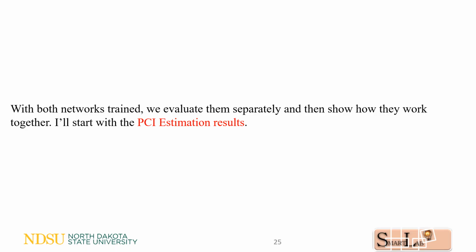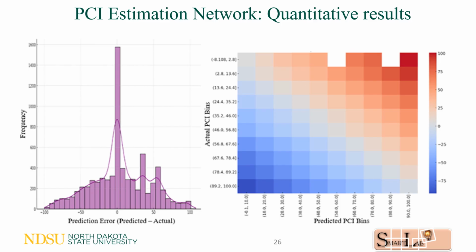Now, with both networks trained, we evaluate them separately and then show how they work together. So I start with the PCI estimation results. This is the quantitative results for the PCI. You can see for the image on the left, we have the prediction error, which is the predicted PCI minus the actual PCI. You can see most of our predictions